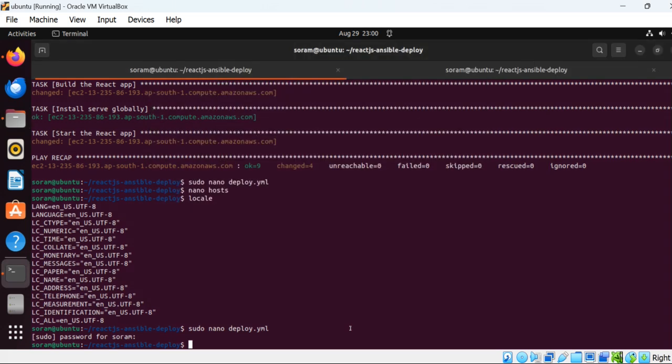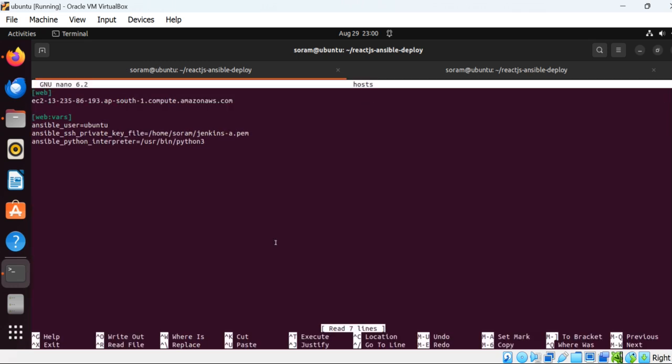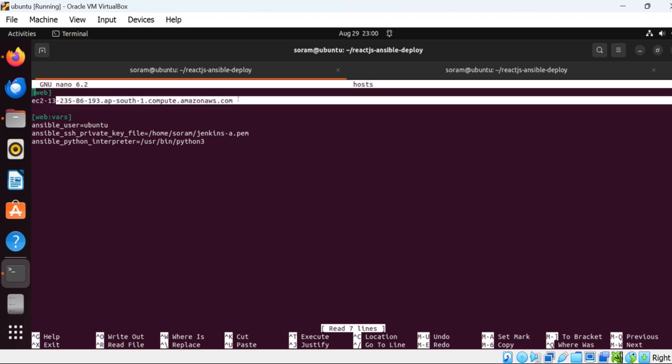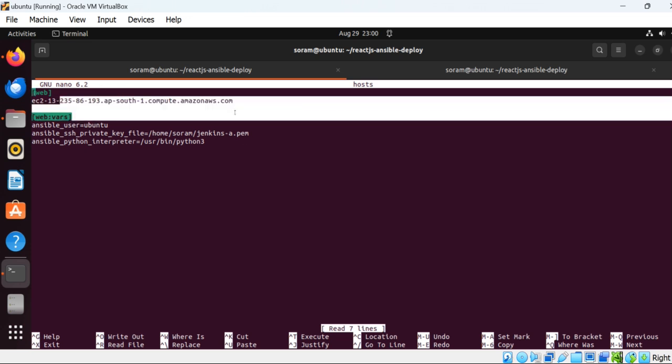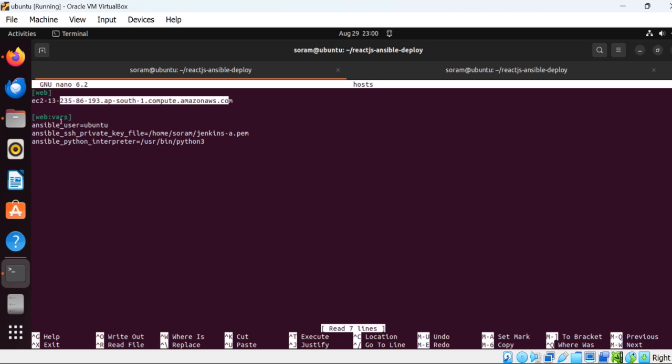about host. If I see about host, right? Host is nothing but the inventory. So in inventory, which machine I'm trying to deploy, or which server I'm trying to maintain, that will be mentioned here. So here is the thing. I have already mentioned my public DNS for the AWS, and you can see here Ansible user, and then